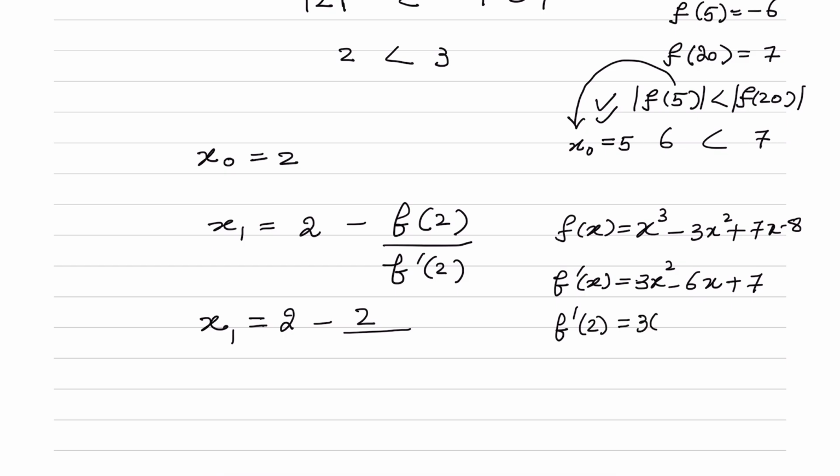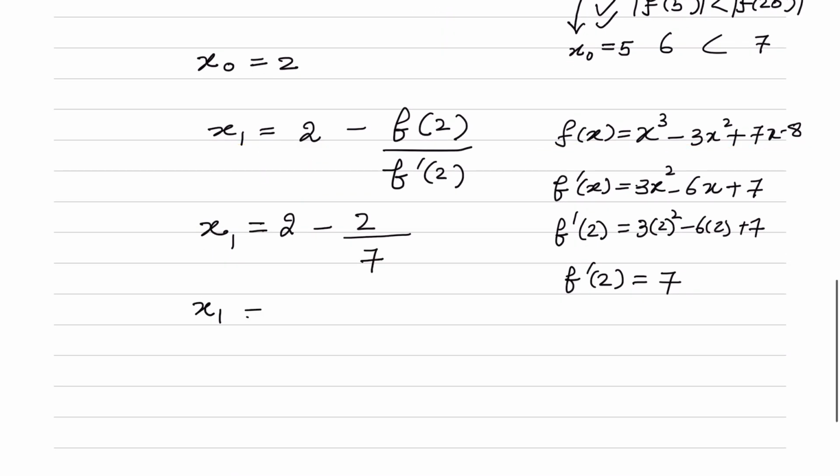So 3 into 2 whole square minus 6 into 2 plus 7. So f dash at 2, after some calculations, we will see that it is 7. Let's plug this value in here. So x1 we got as, use the calculator and you get x1 as